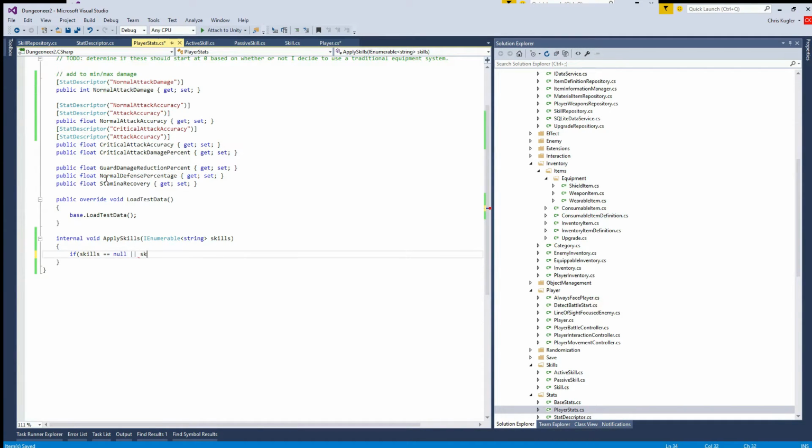Yeah, error check here. No, you know what? I don't need to return an error back. If the player hasn't unlocked any skills, they haven't unlocked any skills. So we're going to loop over this, and we're going to look for